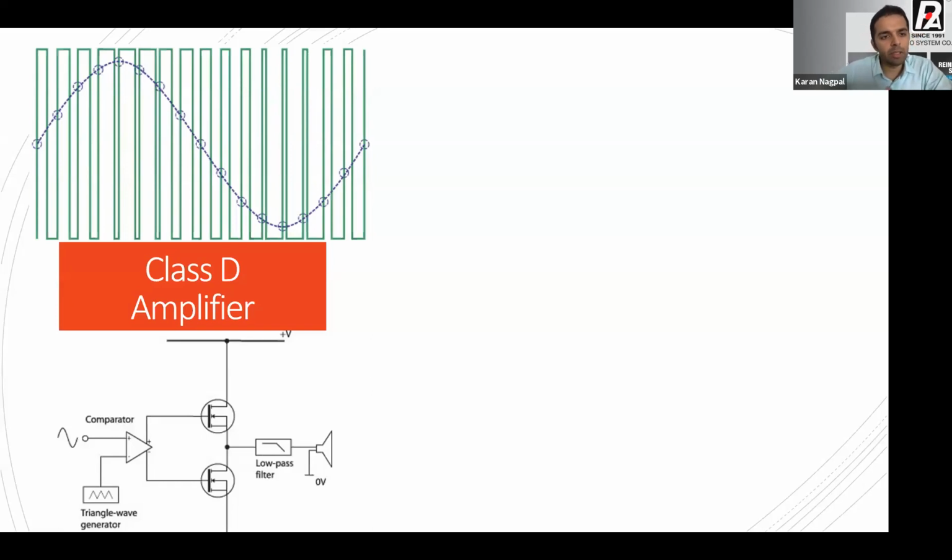The pulses' width keeps becoming wider and narrower depending on your amplifier's signal strength. So as you can see, the pulse width is going up, and as it's coming down, the pulse width is decreasing. Now, the problem that we encounter in this triangular wave in a class D amplifier is this high frequency. For example, your pulse generator frequency could be maybe 100 kilohertz. Your audio frequency is up to 20 kilohertz, and this is taking pulses at 100 kilohertz.